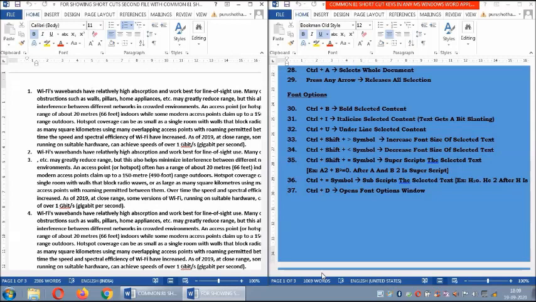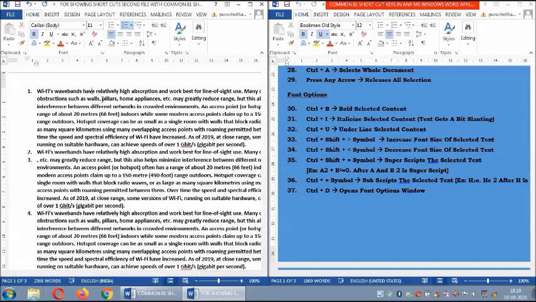Let's see the first option, Control B. By default, here it is highlighted. It is telling that it is already bolded. Now I press Control B again. Now you see the change here. On the left hand side, these words are a bit darker than this "have", because all the content is bold except "have". Now again I press Control B, and it comes back to bold.